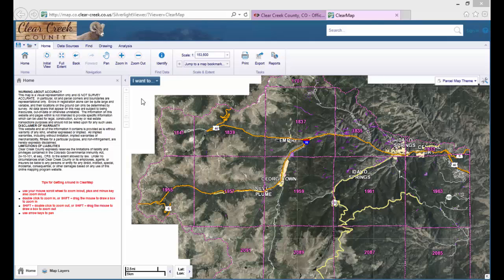This tutorial will go over all the settings for printing a high-quality map from ClearMap. For this example, let's say that we want to print a map of the Montaigne Park subdivision. The quickest way to zoom to that subdivision is to go to the I Want To menu,